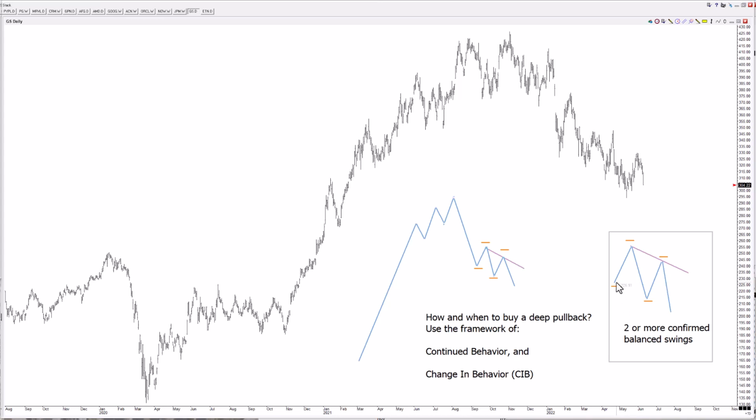We're going to be looking for two or more confirmed swings. A new low confirms a high. So literally we're going to need two of these lows. Boom, and then boom. And I'm going to require that they have reaction legs that are about the same size, like